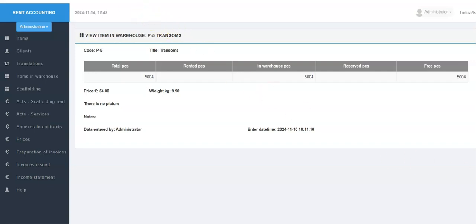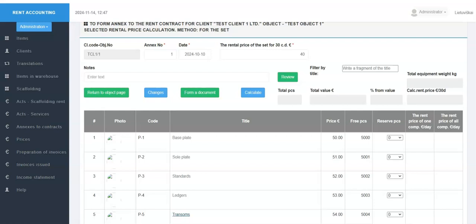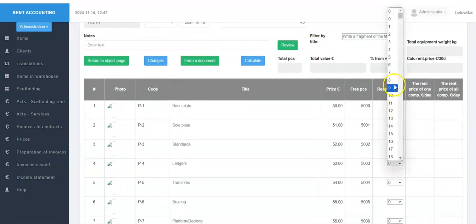We return to the adjacent tab with the Contract Annex Formation page. We add the quantities. When entering quantities, you can use a filter based on the title of the component.